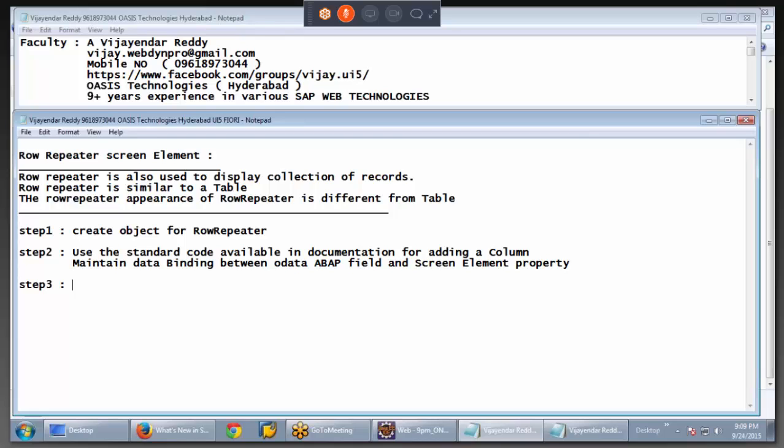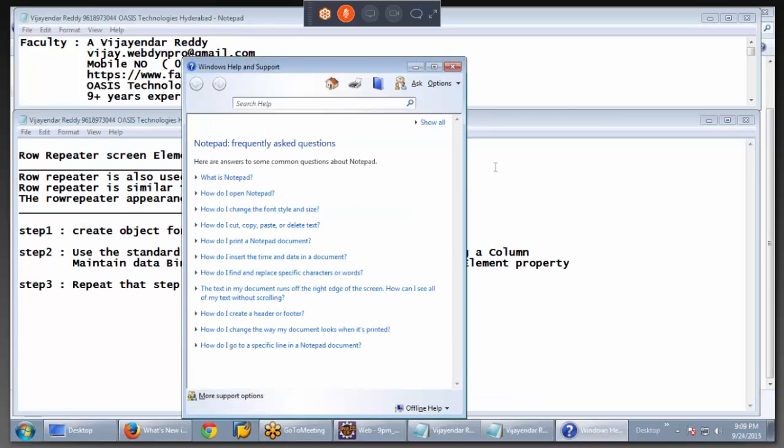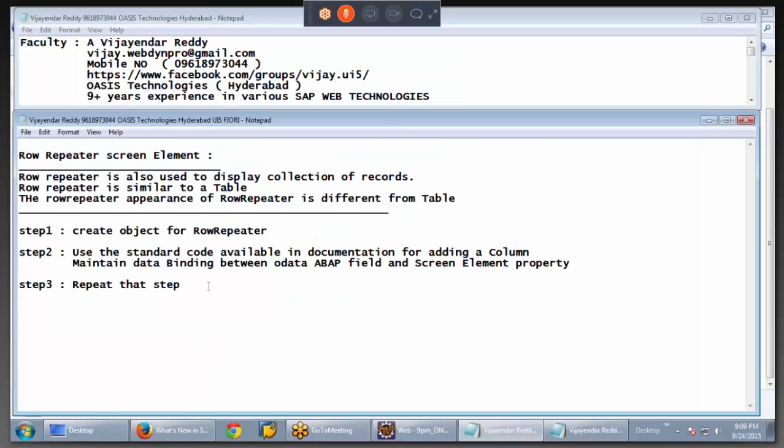In step 3, first repeat step 2. You can repeat step 2 for n number of columns by maintaining data binding. And then step 4, if you want to bring the data coming from the OData service, then what you need to do is